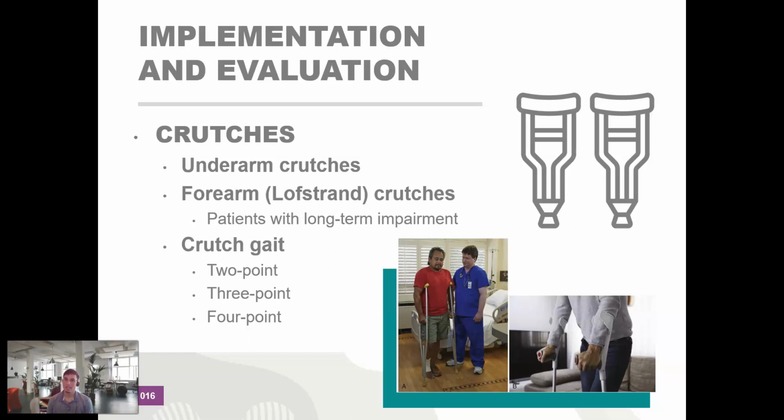Crutches, along the same thought of canes. We have the forearm cane, which you see here actually in figure B. So the bottom right photo is what you see for the forearm cane. These are more long-term cane usage. What you see in figure A, so the photo on the left, the gentleman in the red shirt, is a more standard crutch that is okay for short periods of time,